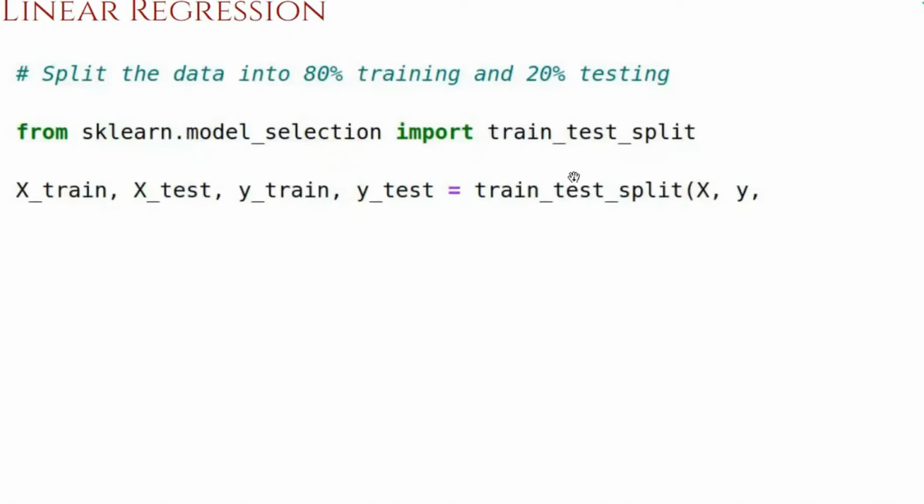So how does the function know how much should be taken as training and how much should be taken as testing? For that, you have to specify an additional argument. You specify the test_size argument as 0.2. 0.2 means it is 20% testing. When you specify 20% as testing, the remaining 80% is training, which is obvious, and the function splits it accordingly.